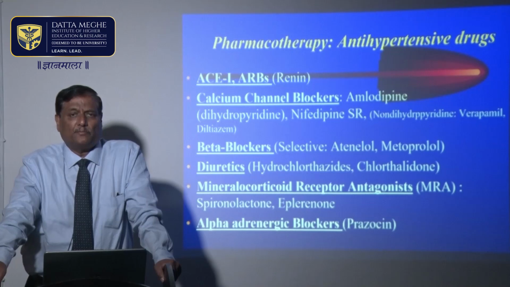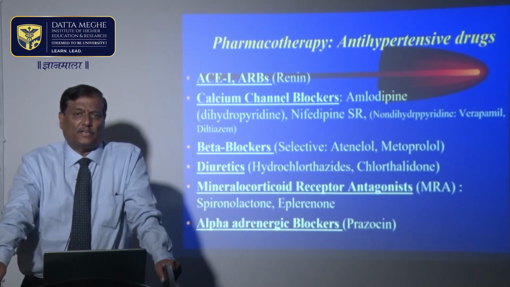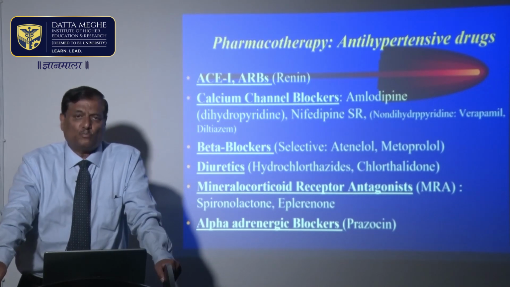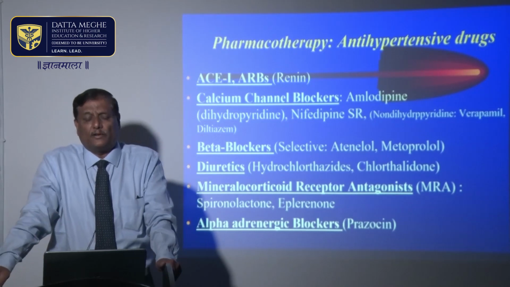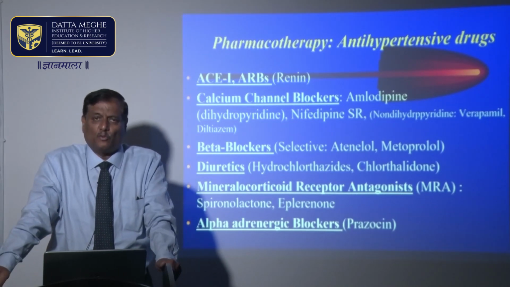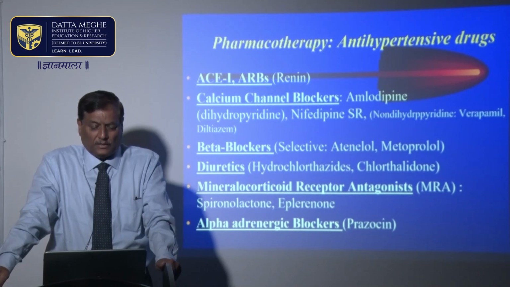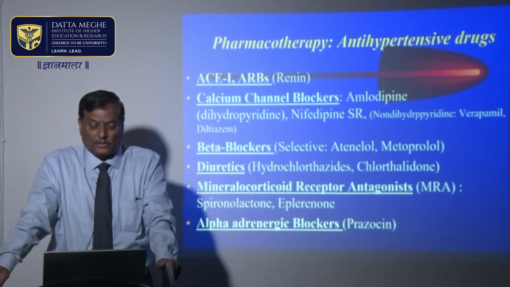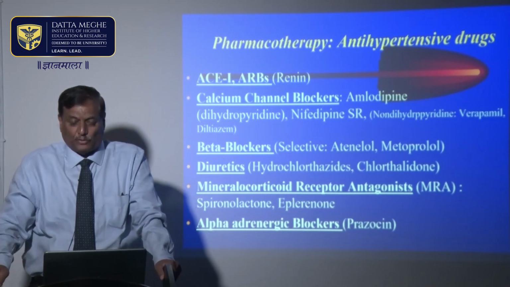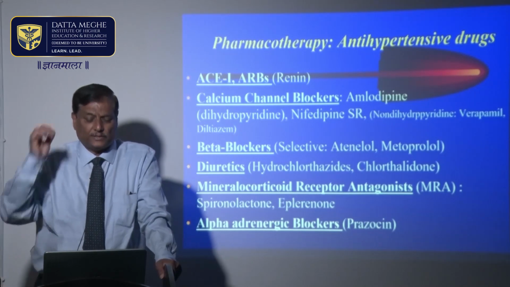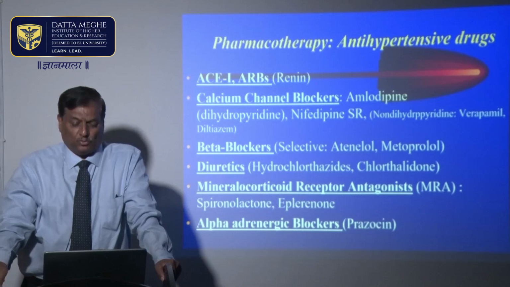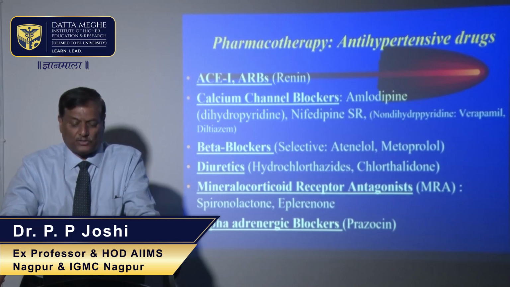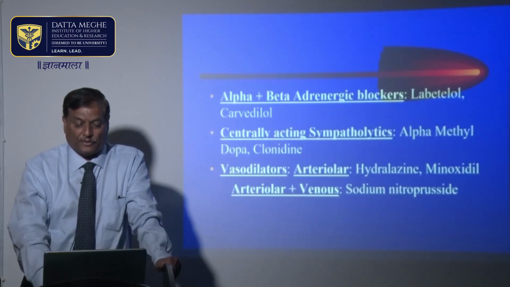They are used only when the hypertension is complicated by either congestive heart failure or patients of hypertension develop renal failure. In that situation, more potent natriuretic loop diuretics like furosemide or bumetanide are used. Another diuretics are potassium sparing diuretics or mineralocorticoid receptor antagonists like spironolactone and eplerenone, which can also be used in hypertension, and they are used in the later stages, especially if there is no response to the initial first line medications. Alpha adrenergic blockers like prazosin are also used in the treatment of hypertension.